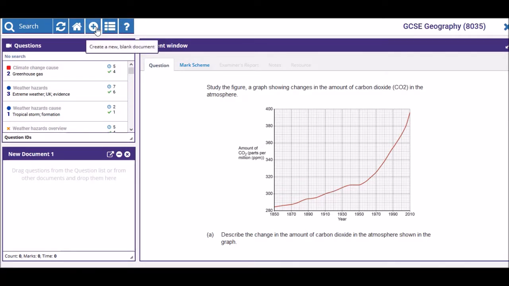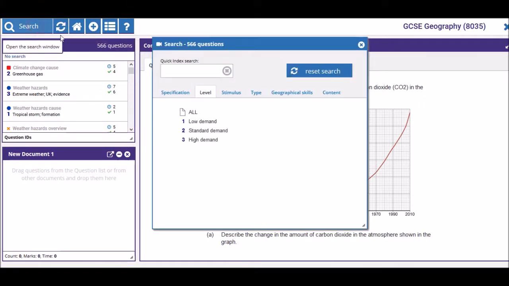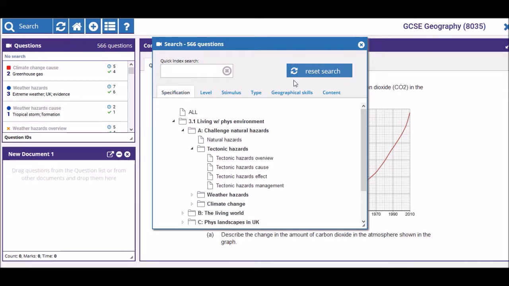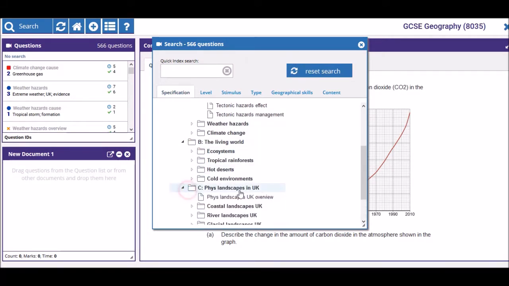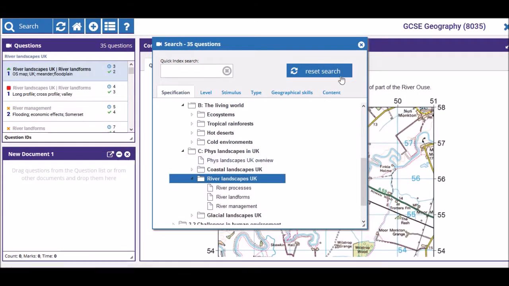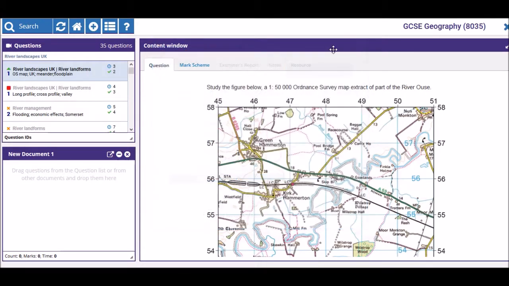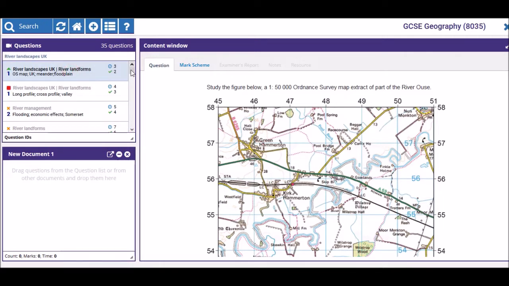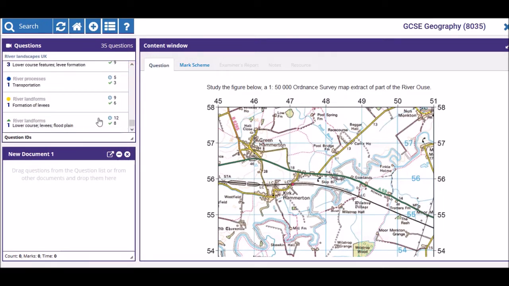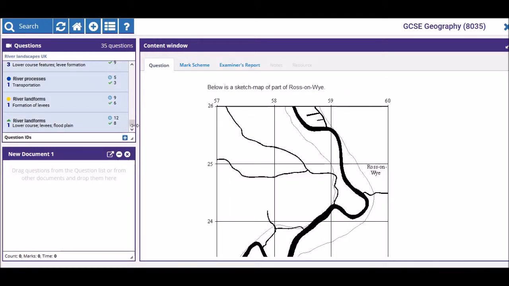So the way you start is by doing your search. So if I, for example, was going to search, let's say I'm going to teach river landscapes. So there's 35 questions on river landscapes in this optional section. What I can do is I've chosen the top question there, and then I can go down the bottom, and I've got my finger on the shift button, and I click on the bottom and I highlight all of the